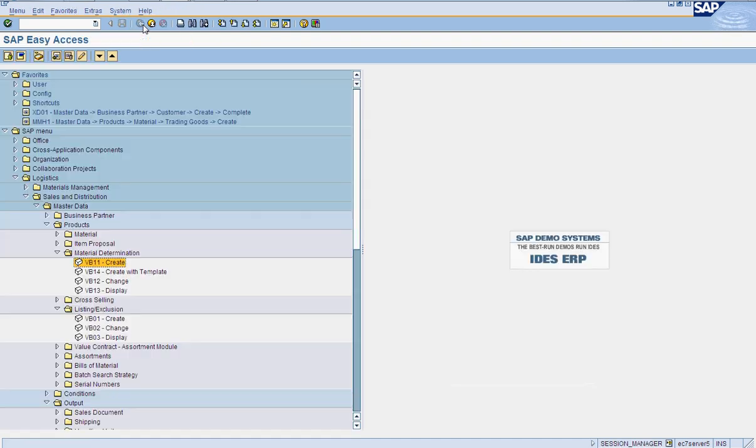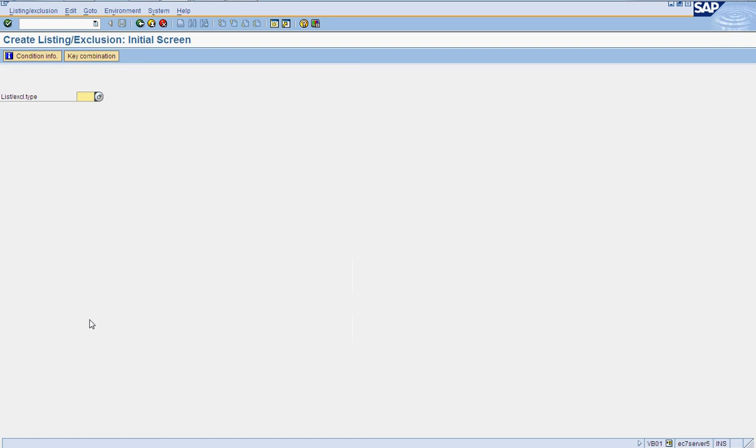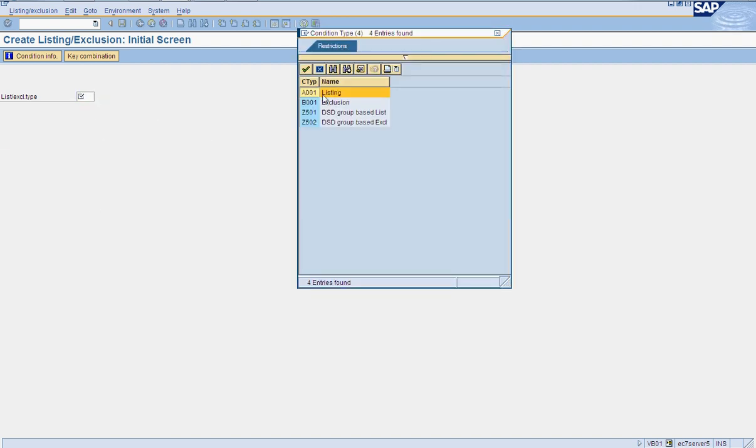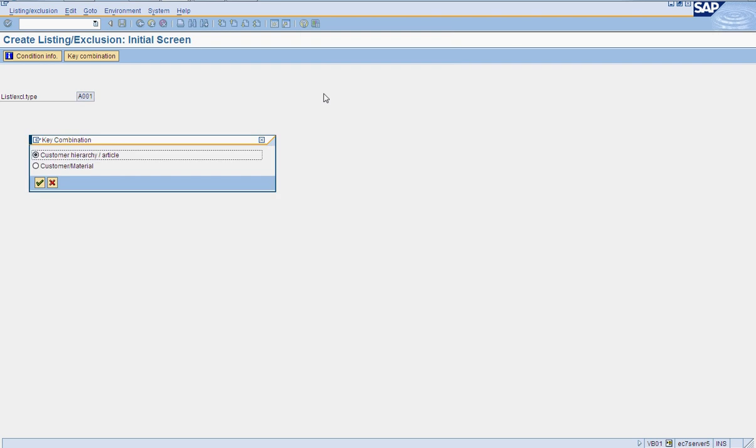Similarly, a listing is used primarily to say that a customer A will be allowed to purchase certain things, or say a customer is allowed to buy X product but not Y product. That is what we were trying to show here. So I'm creating listing, customer and material.